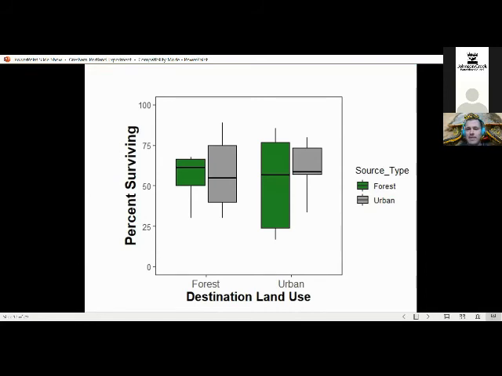And I colored these box plots based off whether the animals came from a forested pond as a source population or an urban pond. It might be starkly obvious from this graph, there's really no difference in survival overall based on whether we put a red-legged frog embryo in the middle of a forested pond or an urban pond, nor whether their parents were from an urban pond or forested pond. So pretty much overall, these urban stormwater ponds are pretty decent habitat on average for red-legged frogs to develop,